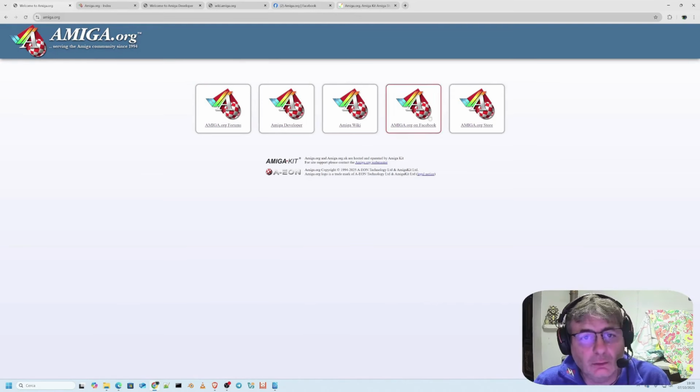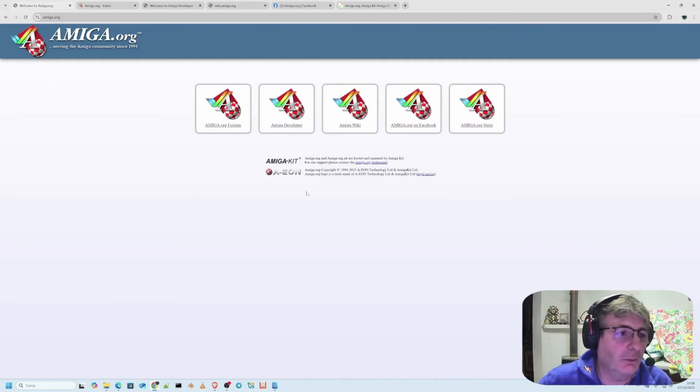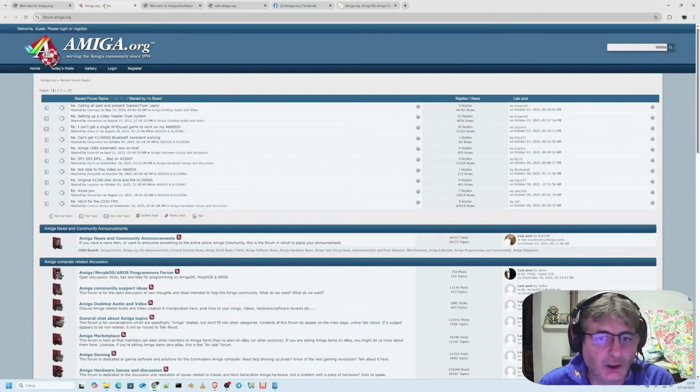You can see 1, 2, 3, 4, 5. The site is organized into thematic sections, and it basically reflects what users want. Information about hardware, software, various operating systems, development, retro computing, and maybe even buy and sell ads. Now let's briefly browse through some sections.